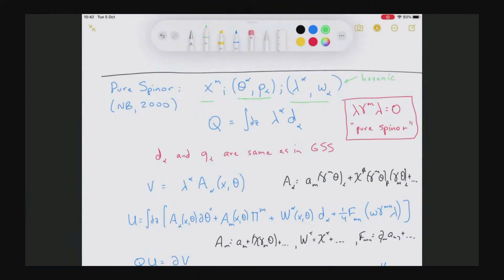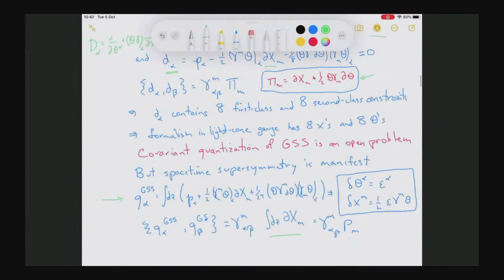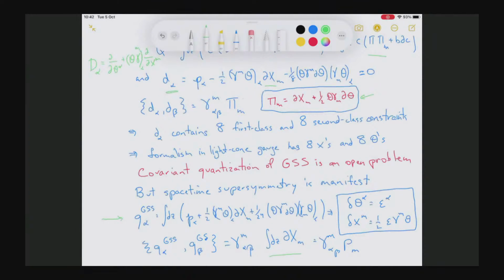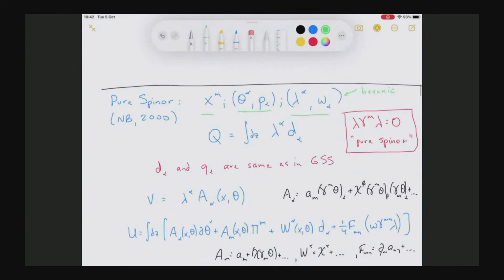So if you want, you can think of the bosonic ghosts as coming from gauge fixing this kappa symmetry. So here we had a symmetry coming from these d alphas. The d alphas describe first and second class constraints. The first class constraints are usually called kappa symmetries, and you can think of the lambdas somehow being ghosts for these kappa symmetries. So that's why they're bosonic ghosts.